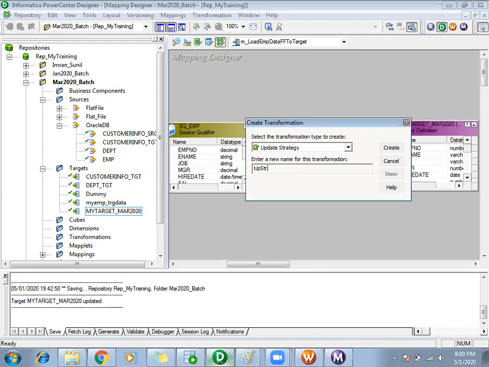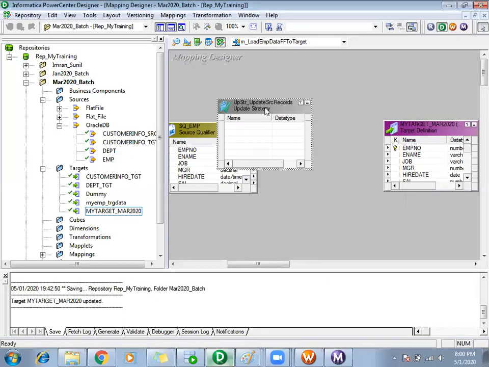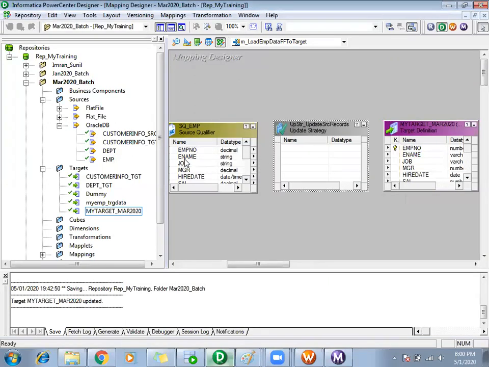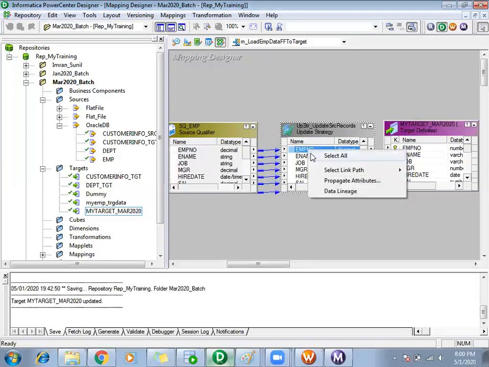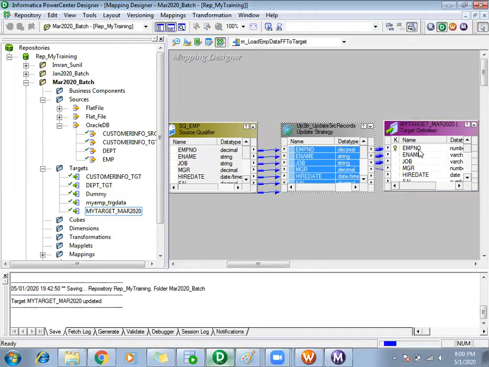Okay, update strategy, I will name it update source records. So I'll take all the records from my source and load them to my update strategy transformation, and from my update strategy to target.